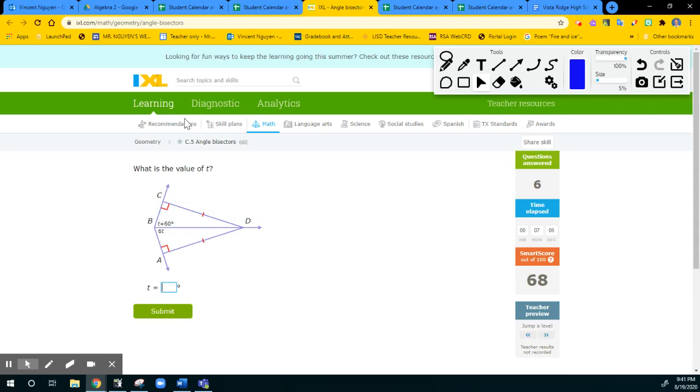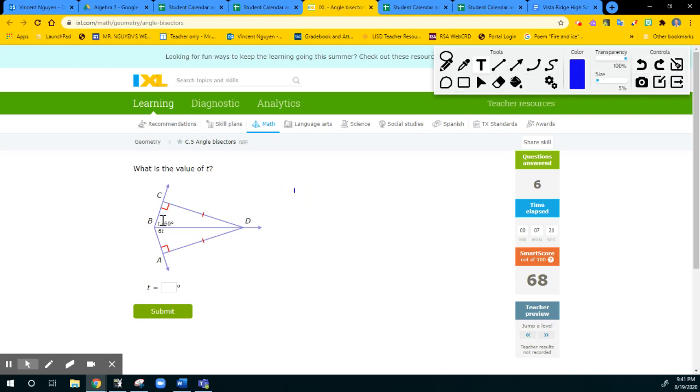Okay, so this is an application problem here. We know that the two angles here are actually congruent, right? This is because BD is an angle bisector. So this one is congruent to that one. So that's the relationship that we have. Okay, so I'm going to type in the relationship here. The relationship is